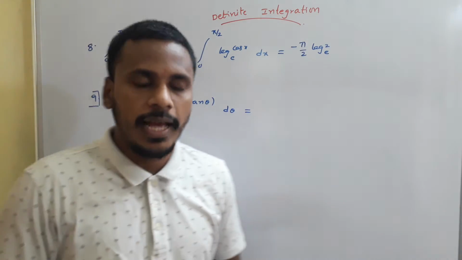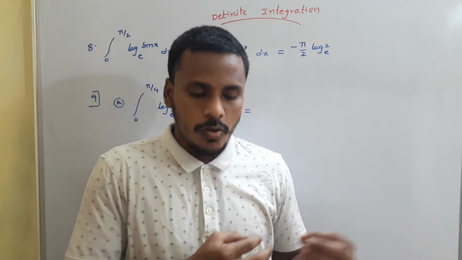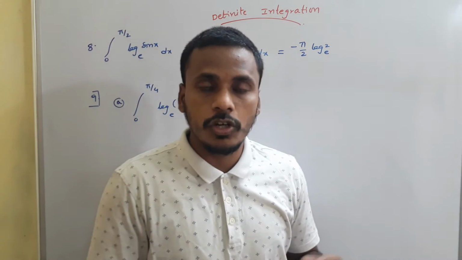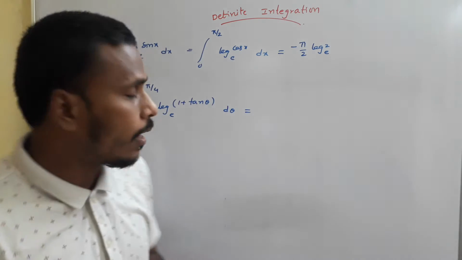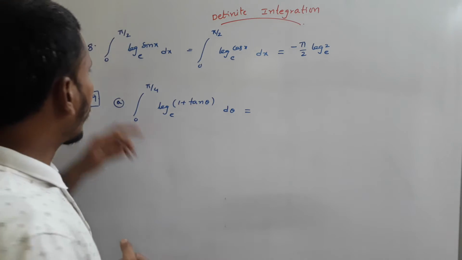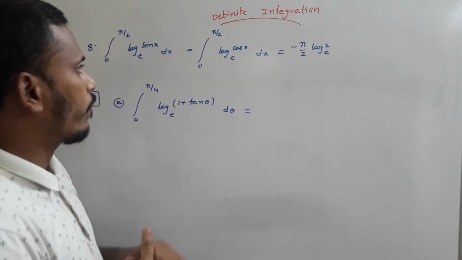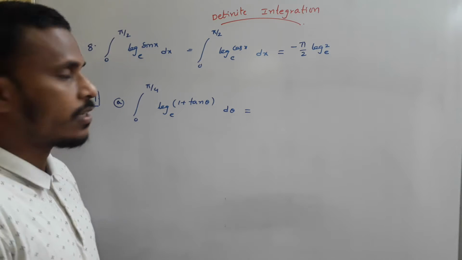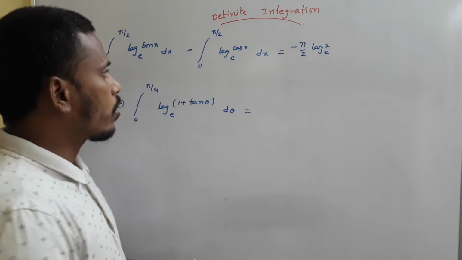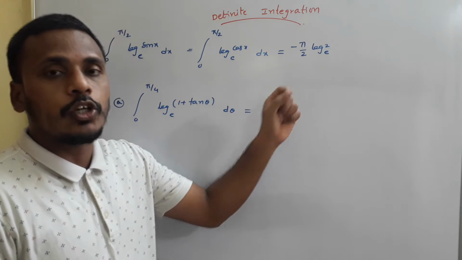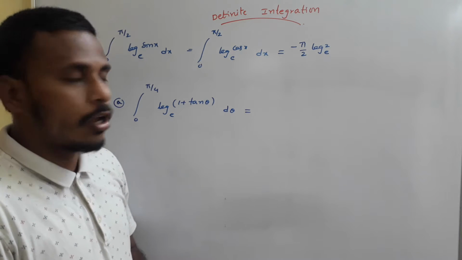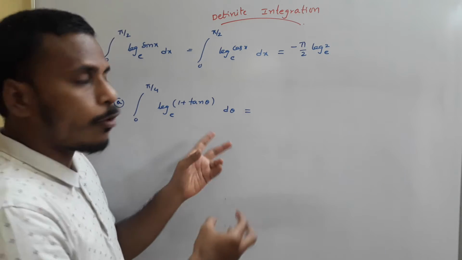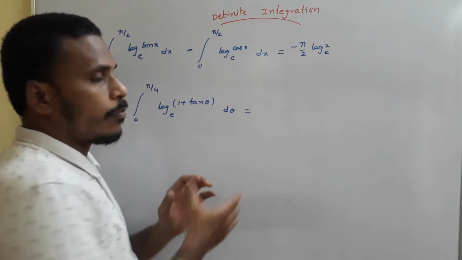So, definite integration. As a part of this definite integration, we learned different properties, the substitution method, and in the last class, a few problems based on the star property of definite integrals. At the end of the last class, as the eighth point, I mentioned this particular formula, you may say a standard problem: integral 0 to pi by 2 log sin x dx, and integral 0 to pi by 2 log cos x dx, is minus pi by 2 into log 2 to the base e.